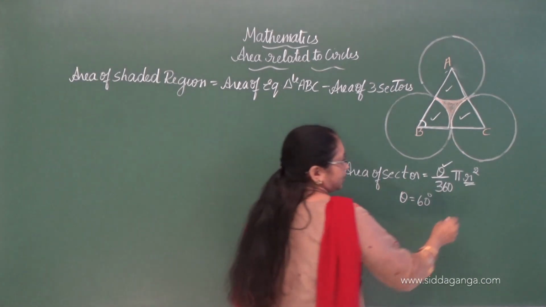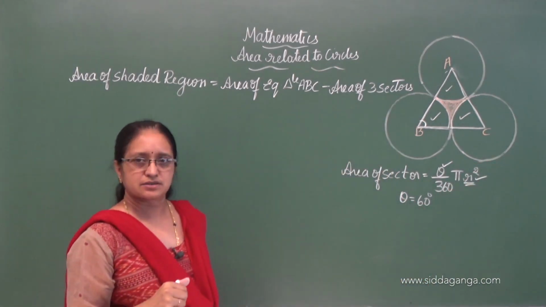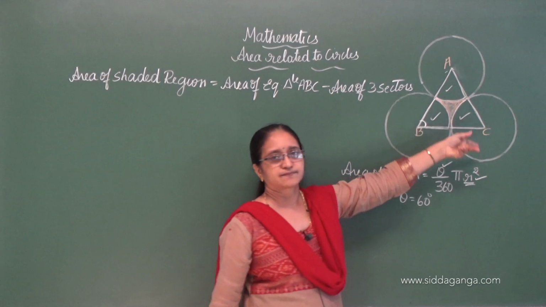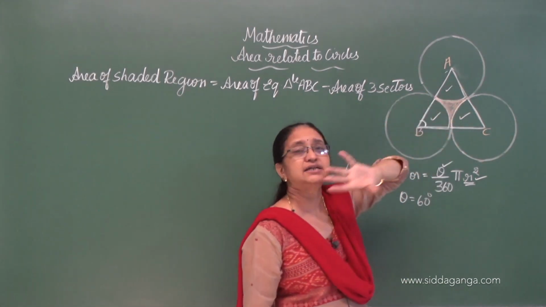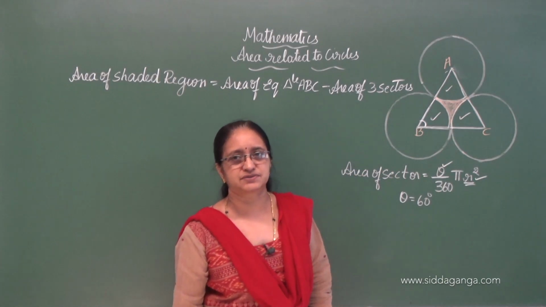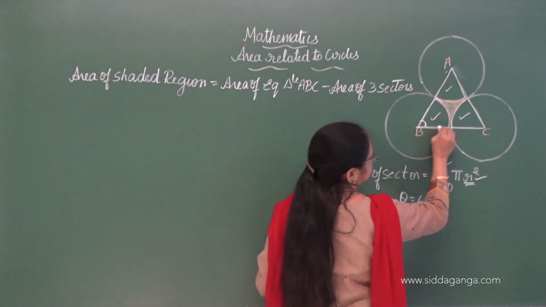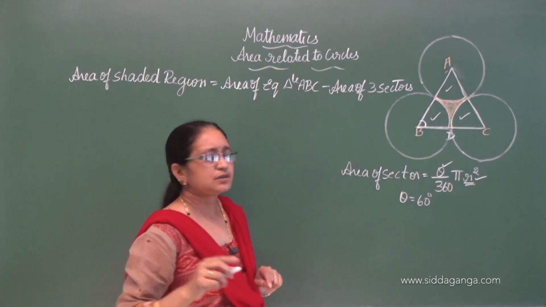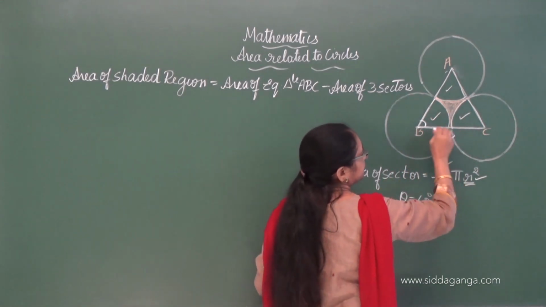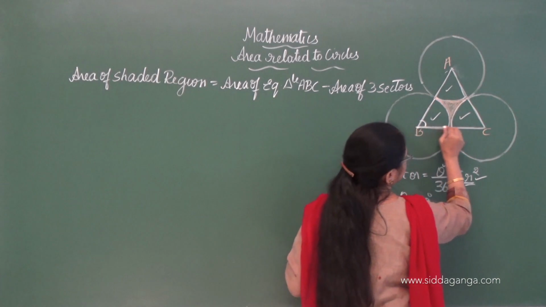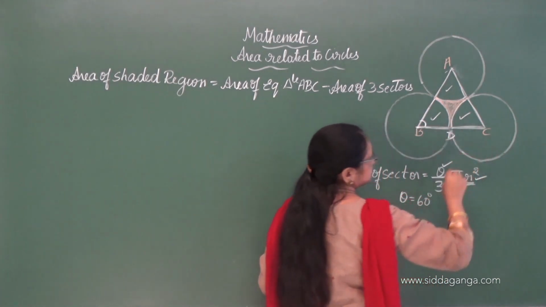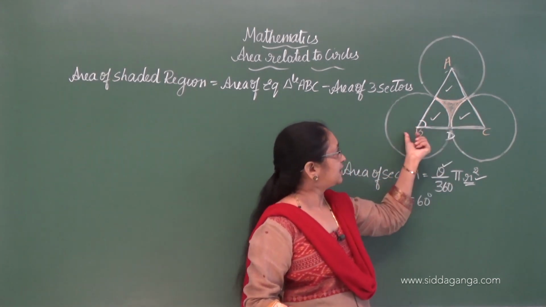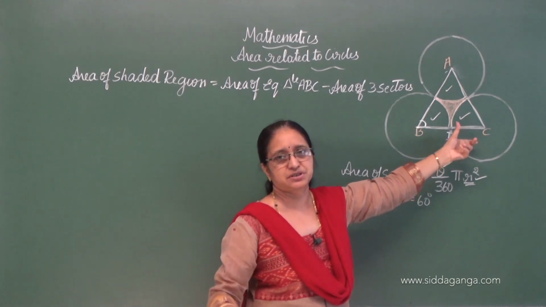Okay, next, how about r then? How to find out r? So there the problem lies. Since they have not given the radius of the circles, they are equal circles, but they have not given the radius of the circle. Then how to calculate the radius of the circle? See, you all know this, suppose here if I mention D, so BD is the radius of a circle, correct? BD is the radius of a circle. So they have mentioned in the question that this is the side of the triangle BC. BC is the side of the triangle, correct? And the radius is half of the length of BC. That also they have mentioned there.